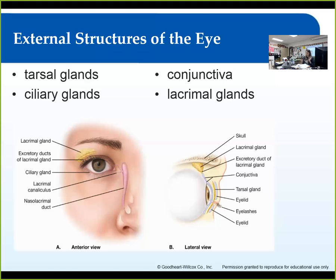And then lacrimal glands. Anytime you see that word lacrimal, think tears. Remember we talked about the lacrimal bone right back here. The glands themselves are way up here in the top, kind of outer part of your eye. You produce tears, and they come out here. They have ducts at the top. The tear duct that drains your tears, though, is at the bottom, kind